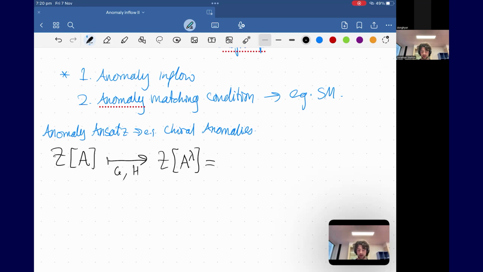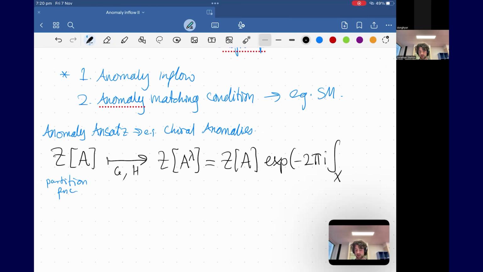And then the ansatz is going to be the original partition function, let me just notate this as Z, the partition function. And it's going to be multiplied by the anomaly term, where X is our space-time manifold. Not this one, A. So here lambda is the parameter of the transformation, and then A is going to be